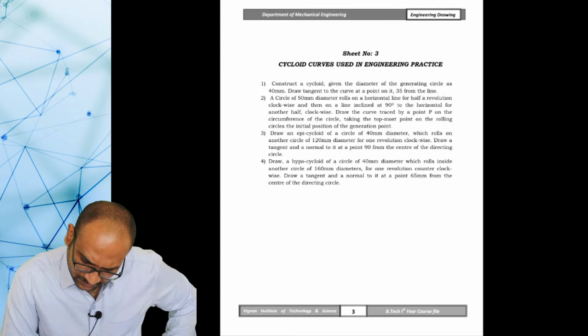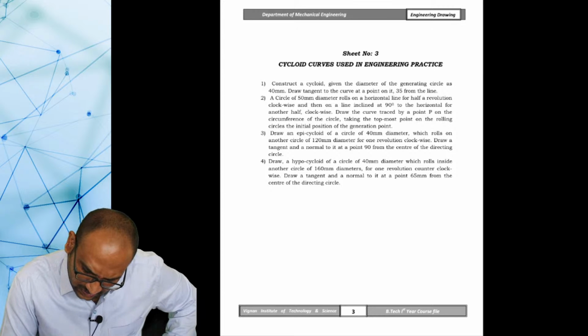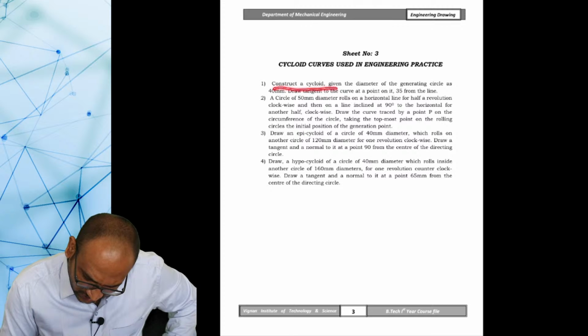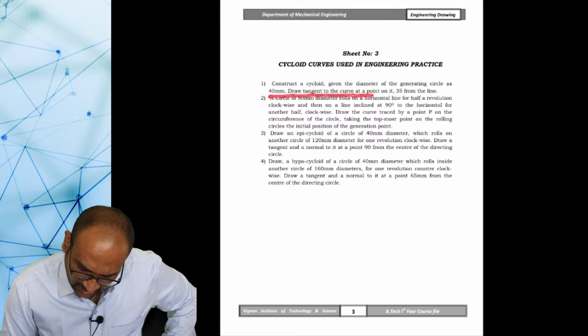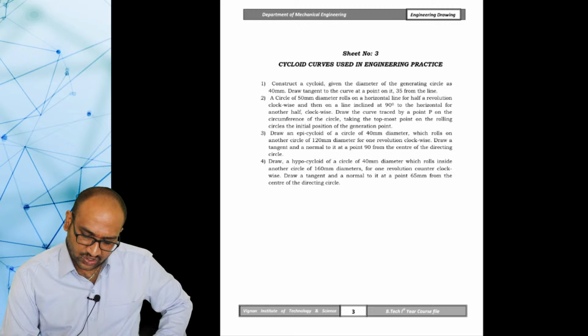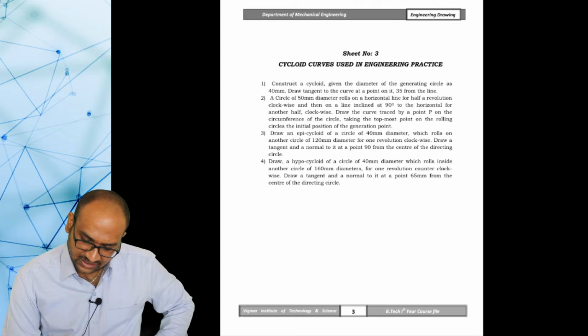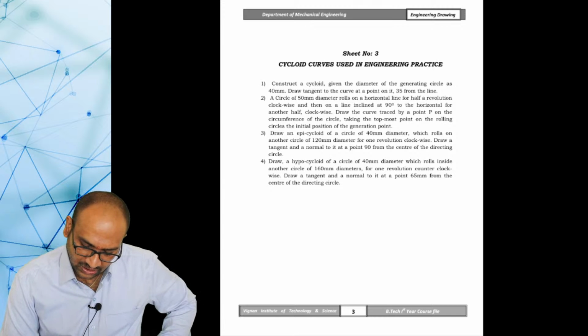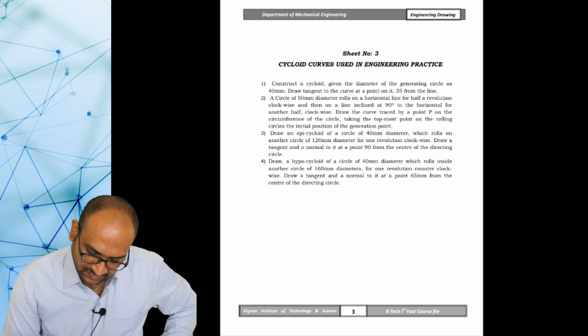See the example problem. Construct a cycloid given the diameter of the generating circle as 40 mm. Draw a tangent to the curve at a point on it 35 mm from the line. So this is the problem. So given data,